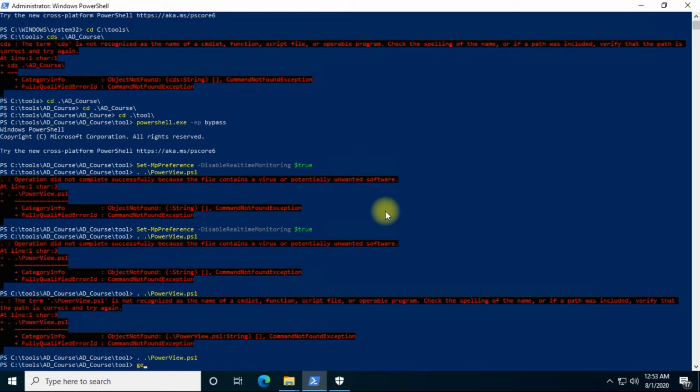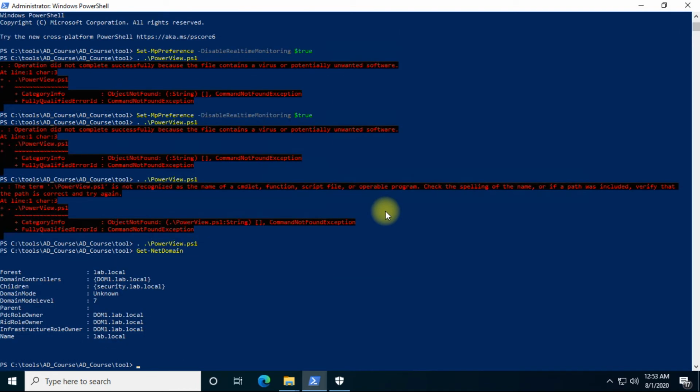The first thing we'd like to do is run a command to learn about the domain, where exactly our system is connected right now. This is the first command we have to fire on our system, and we get information like which is the forest. When I was telling you the network architecture, I already told you that lab.local is the name of the domain, and dom1 is the domain controller of this domain. Whether there is any child domain or subdomain, we'll cover in the next part. That is also present over here.